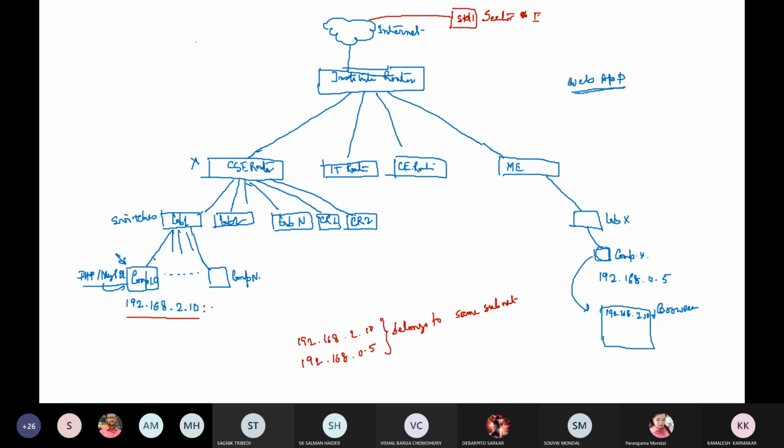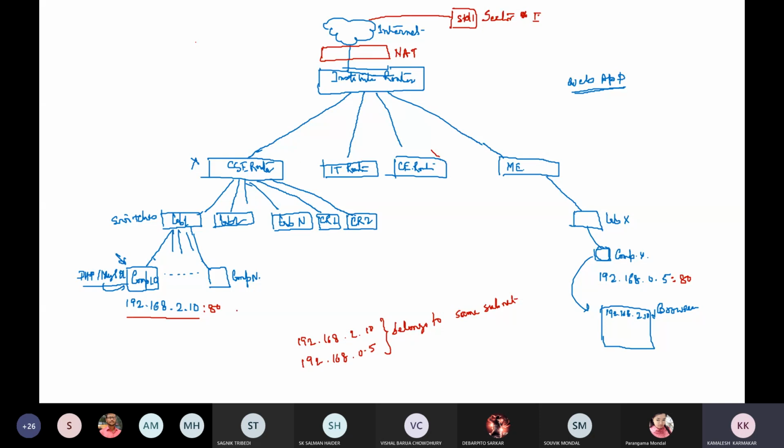First we have to configure the server computer's firewall, then create a port forwarding rule, and then we use its IP address, or we can also use a DNS name as the server address. Simply, we can say that there will be a NAT device in this college, network address translator. So in this NAT, we have to configure this port forwarding rule.